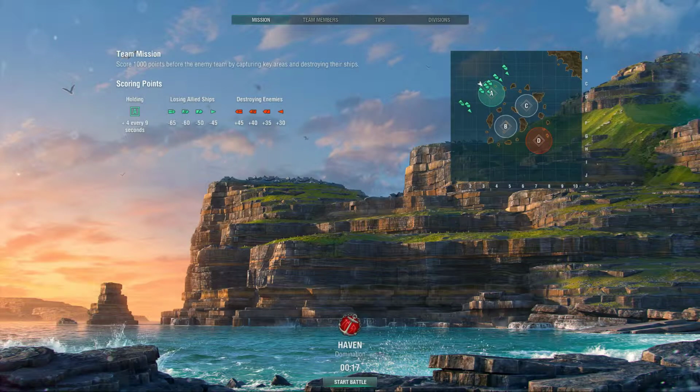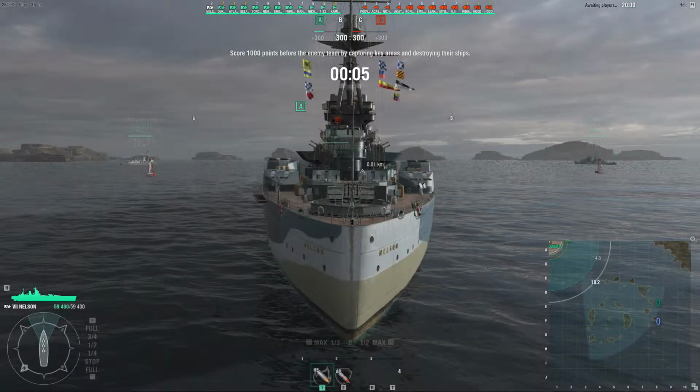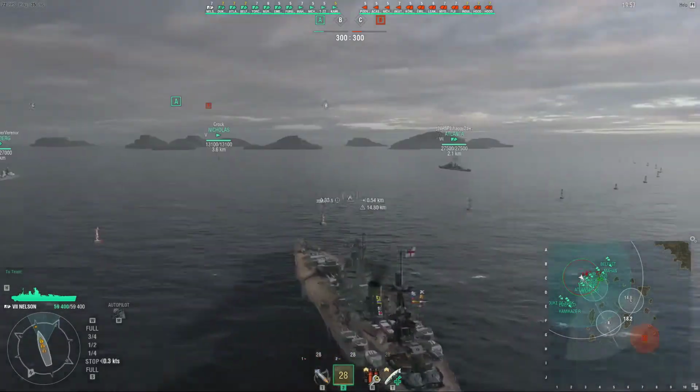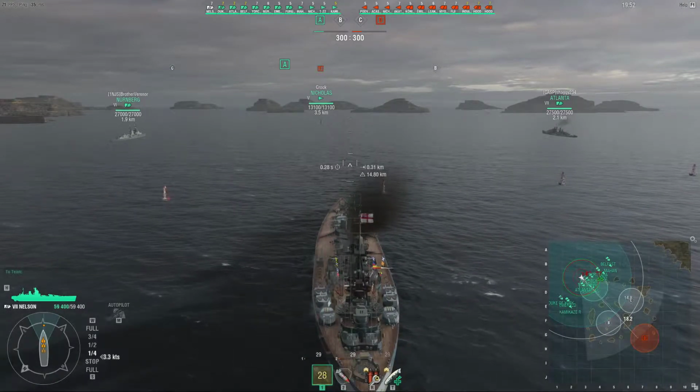So this game is a real nail biter in the Nelson. We are on the map Haven. We're coming in on the northwest side, and you're going to see we got a fair number of British ships here, and that's because the Exeter mission is running. And my goal right here is to get, if at all possible, as many awards as